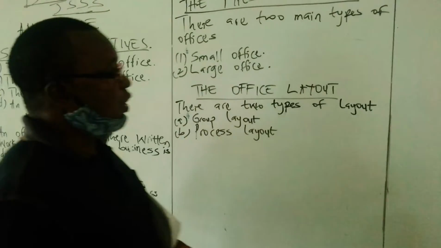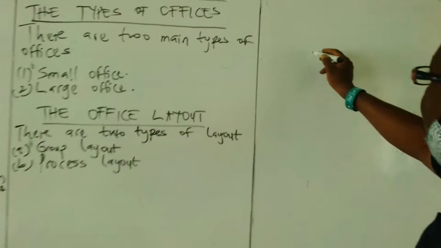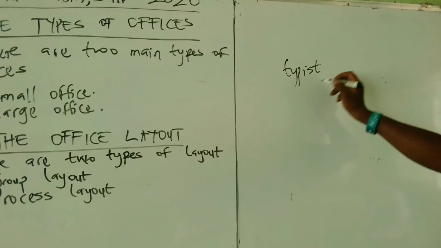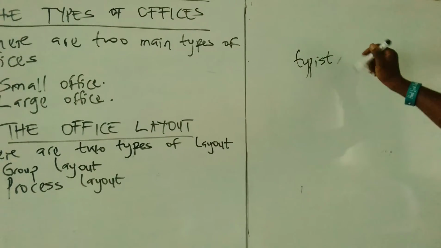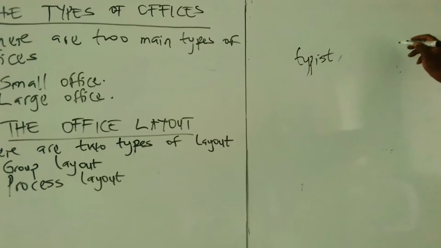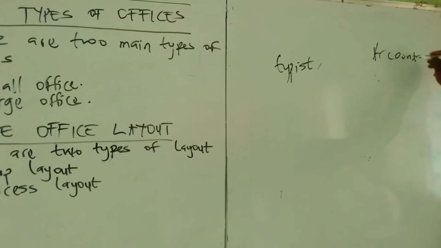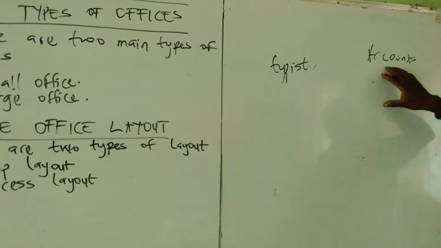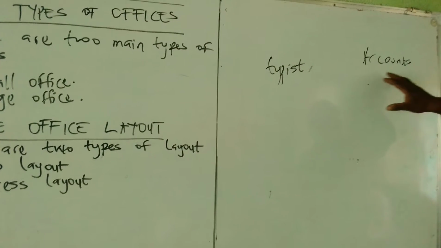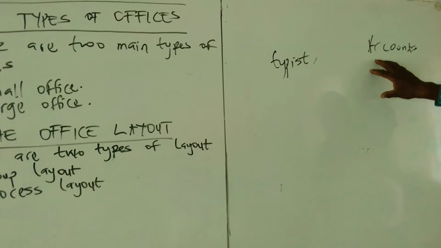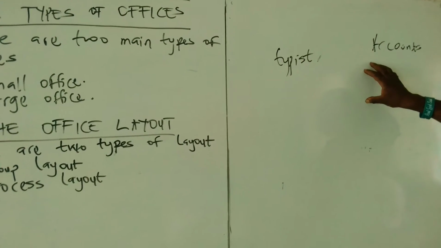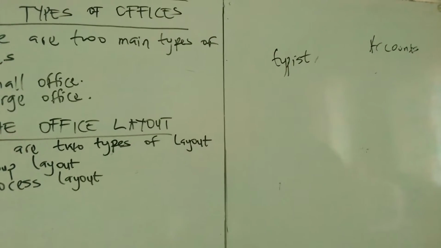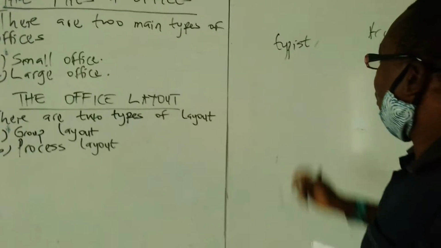Take for example, in an organization, you have the typist. You have the typist and the typing machine attached to their group there. Then you have the account section, whereby the account staff and the machine, like let's say you want to use any accounting tools, like the laptop, any accounting package will be placed into the laptop. They are arranged in that group. Let me draw it dramatically for you to understand it more.